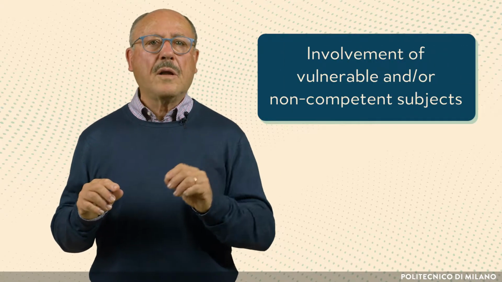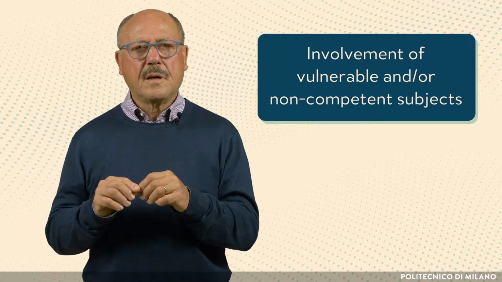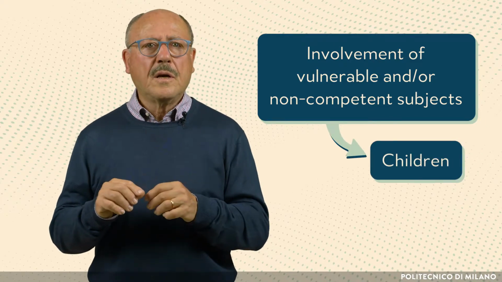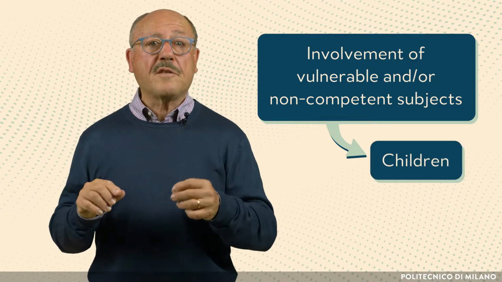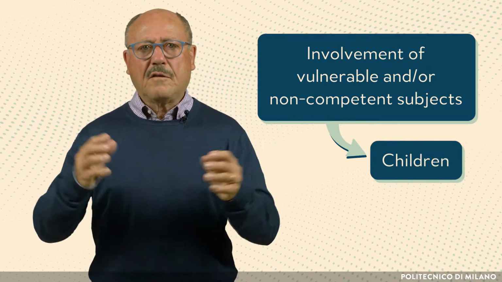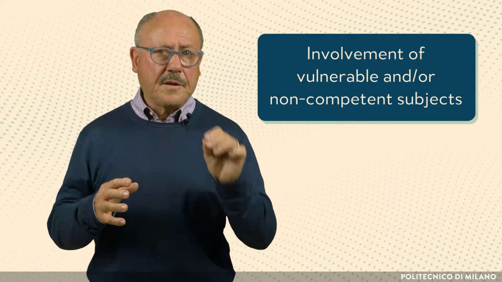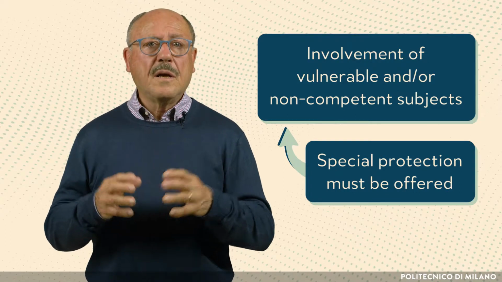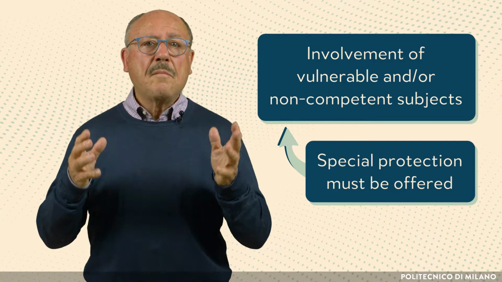Further ethical issues arise if research involves vulnerable and/or non-competent subjects. There may be a need for research to involve vulnerable subjects, for example, children, to study their behavior and their learning progress in special circumstances, like interaction with technological devices. At the same time, researchers must offer special protection to vulnerable participants. In this example, informed consent must be expressed by parents. I will not discuss the topic more. You should go deeper into the subject if you will ever be involved in research with children, or, more generally,